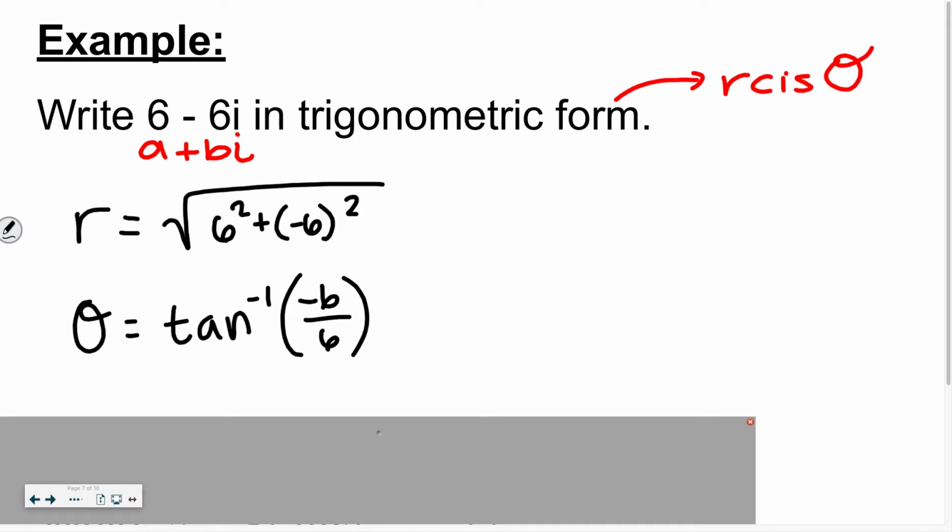Do we have to like simplify? Oh, Do we have to